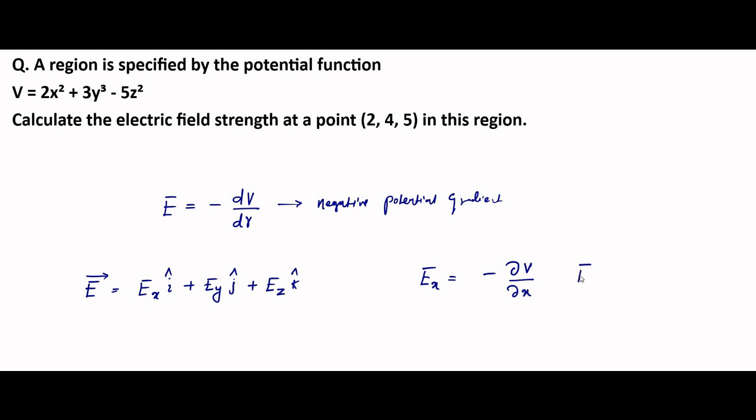Similarly, the y component of the electric field is given by minus del V by del y, partial differentiation of the potential function with respect to y, and Ez is given by minus del V by del z, the partial differentiation of the potential function with respect to z, where z is treated as the variable and the others are treated as constants. Here x is treated as the differentiable variable and the others are treated as constants, like that. So here first we have to calculate